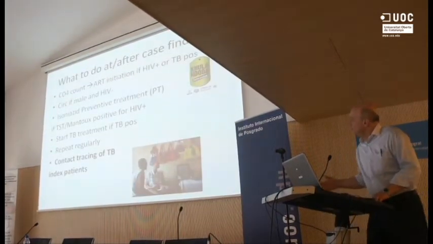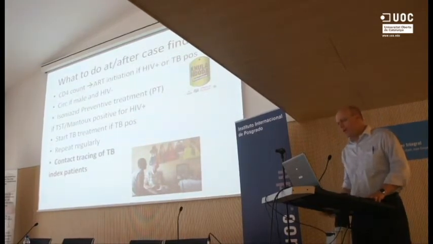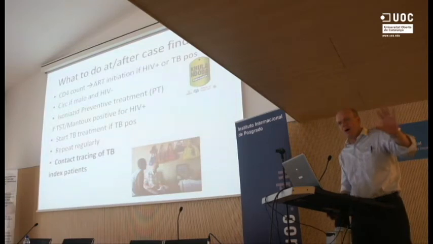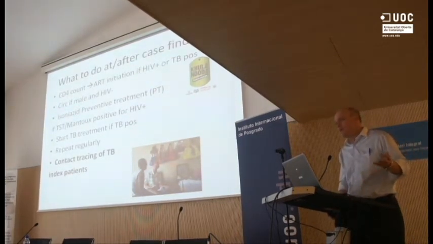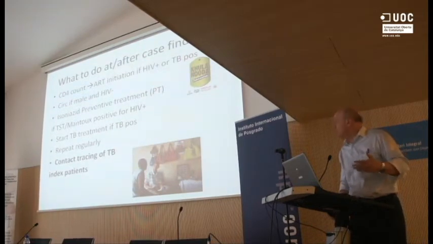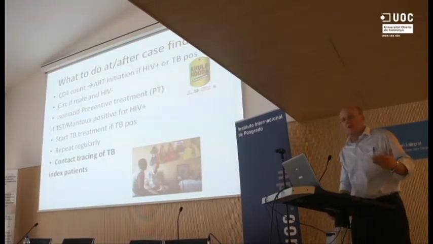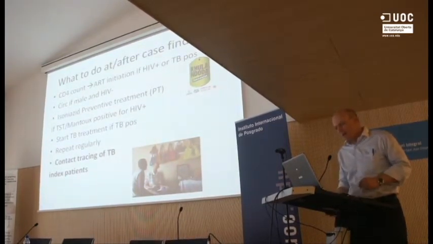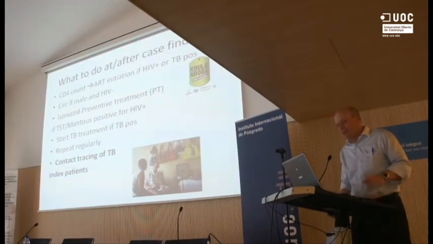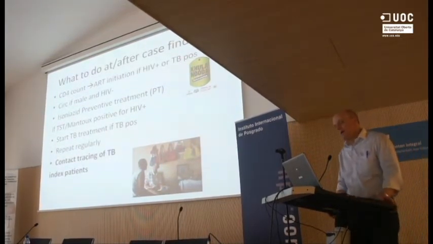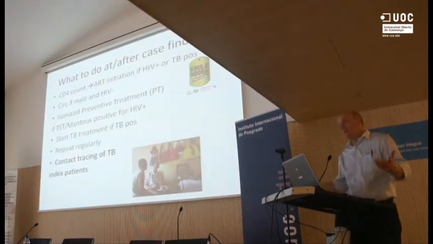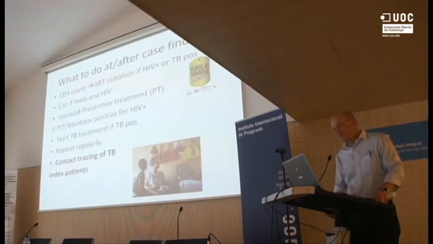So then, clearly, if you do case finding for TB and hopefully find a case earlier than you would have under the normal course of events, where someone developed symptoms and came to the clinic, but you go out and look for cases, what do you do? So if someone is HIV infected, of course CD4 counts, start antiretrovirals. If they're HIV seronegative and they're male, as a matter of course, they should be referred in for a circumcision. Clearly, isoniazid preventive treatment, and I'll say a few words about that later. And for people who are tuberculosis skin test positive if they're HIV infected, and possibly there's a place to do it in people who are seronegative in a place like South Africa as well.